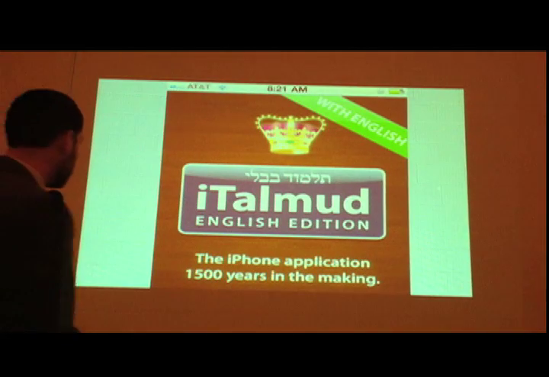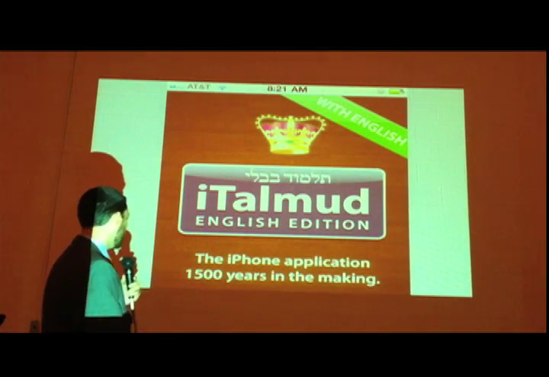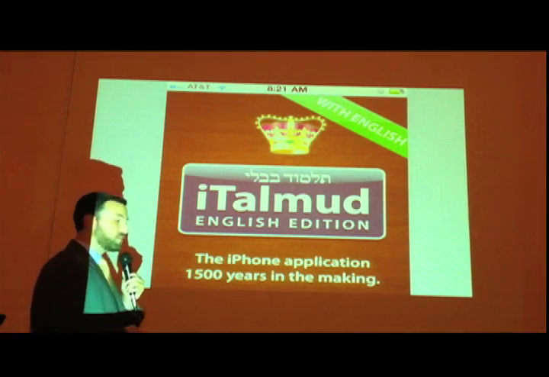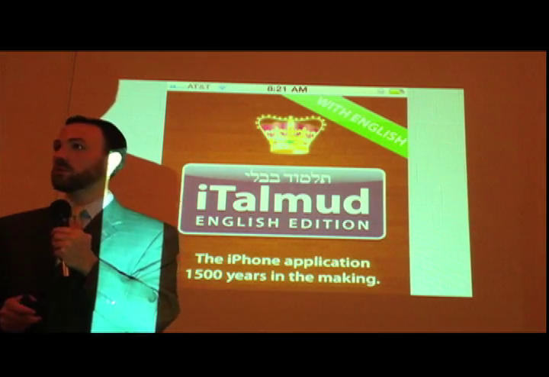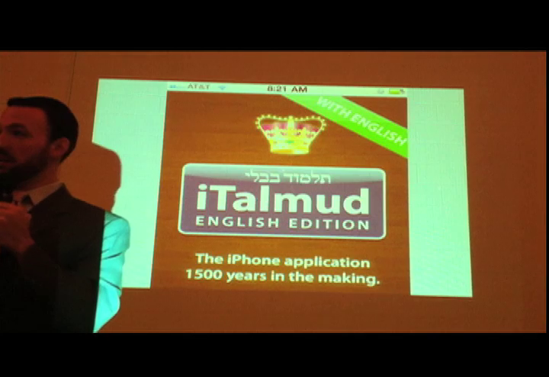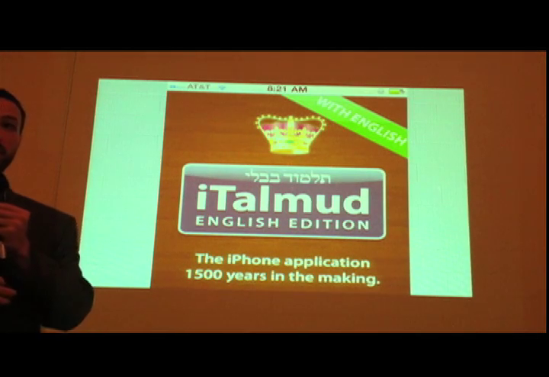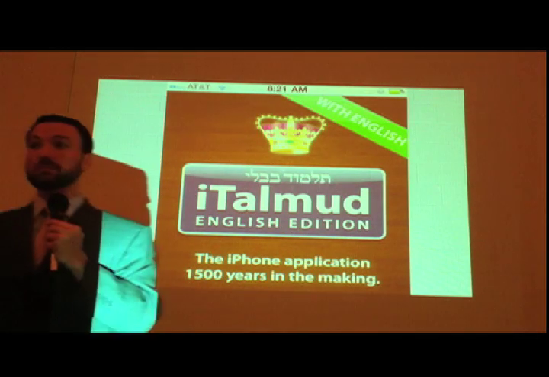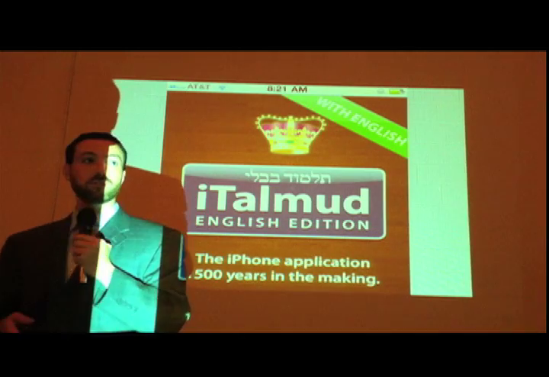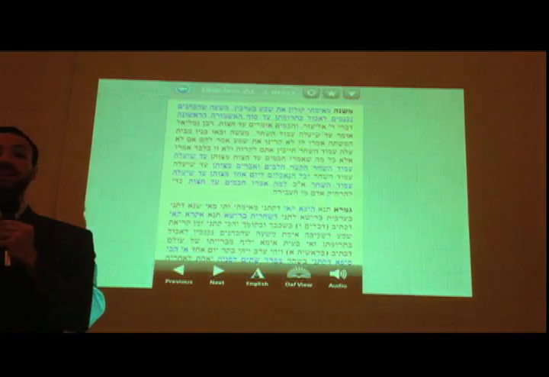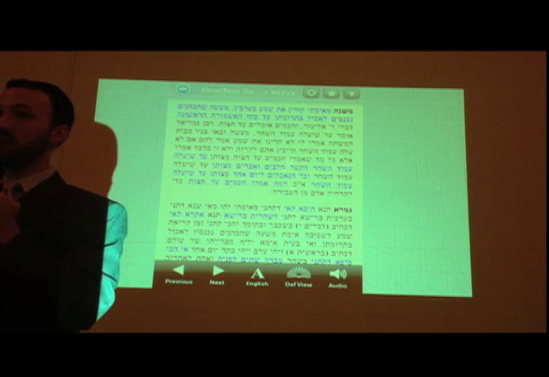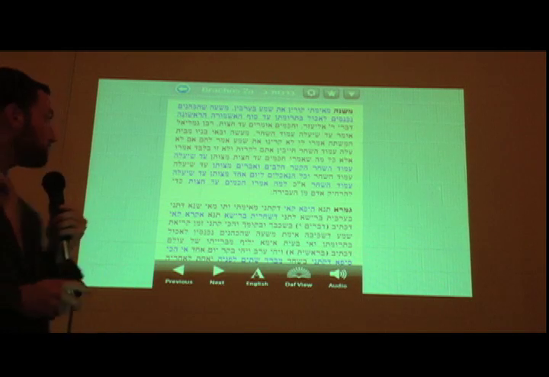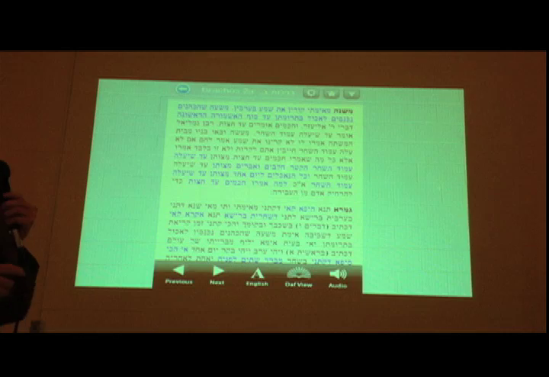Now let's take it up a level here. I want to study Talmud. And this is the iPhone application, 1,500 years in the making. This application will allow anybody to study Gemara. Now it used to be you had to have dozens of big fat volumes of Gemara to be able to study Shas. With this, I can pick virtually any page in the whole Shas and all the Talmud, and I can view it. This is the open of Shas.